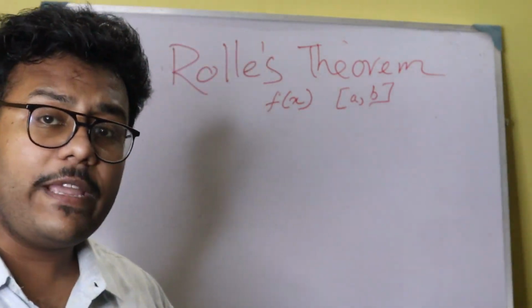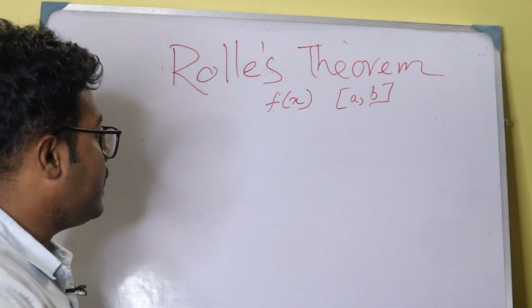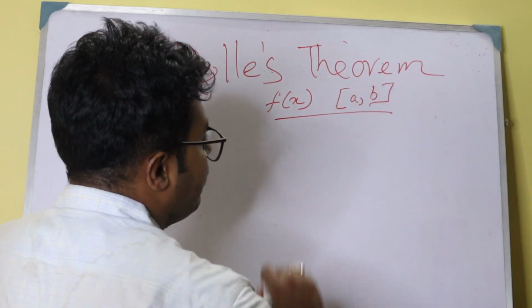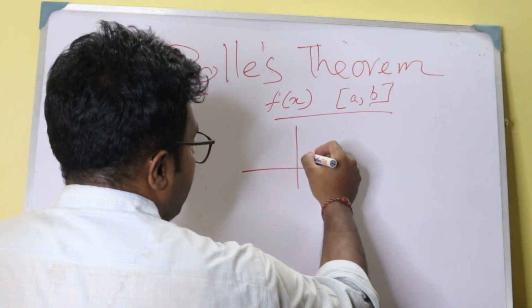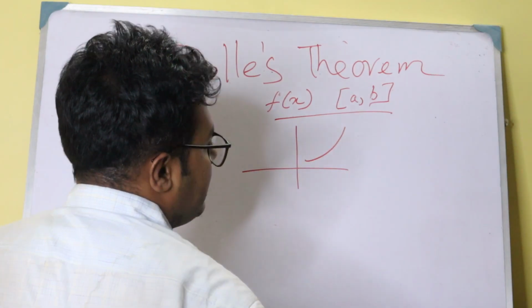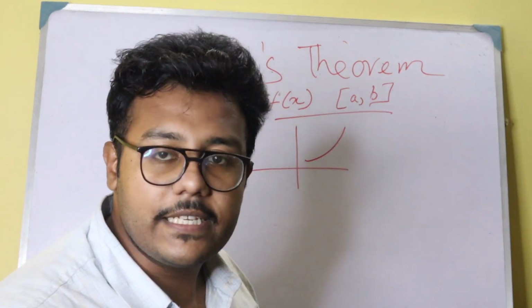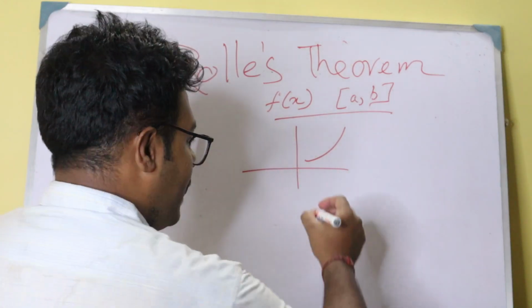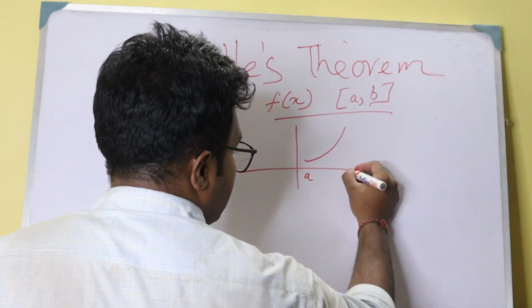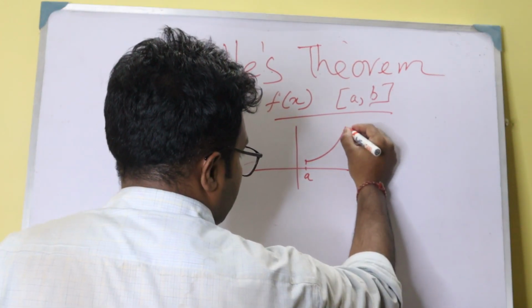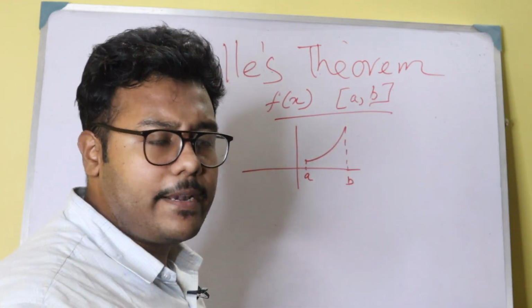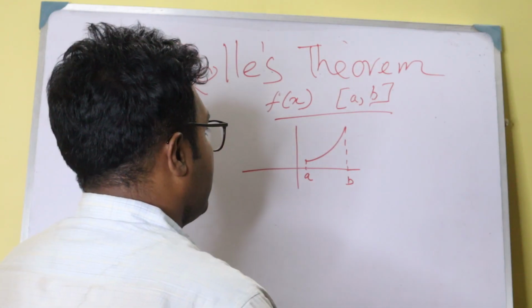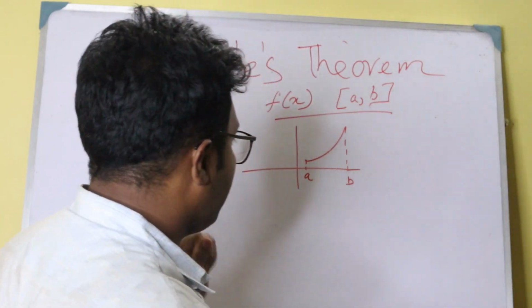So we can say that if this function is defined within this closed interval, we get at least one minimum value and another one maximum value within this region. Suppose this is A and this is B. This is just a random function, I am not taking anything specific, right? Now